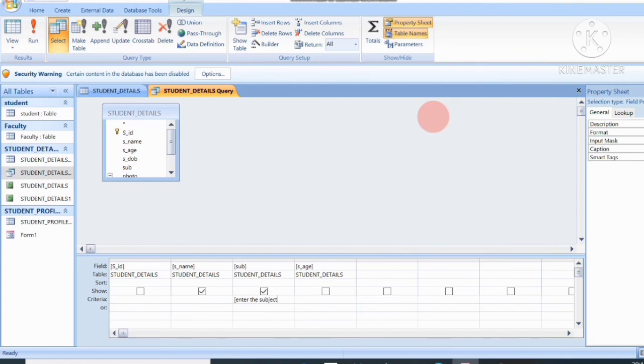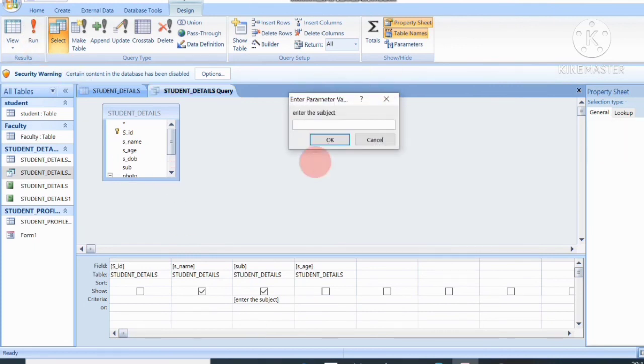So this option will come and you have to enter your subject name, whether it will be computer science, geography, English, any subject from your table. So I have given the criteria, enter the subject, and then click on run. See here, it is showing the enter the subject.